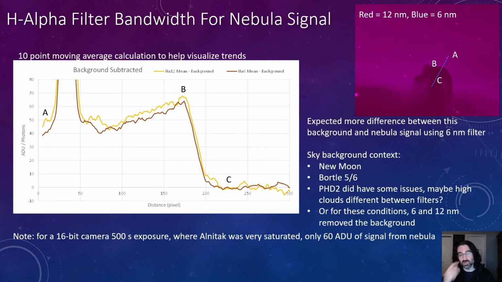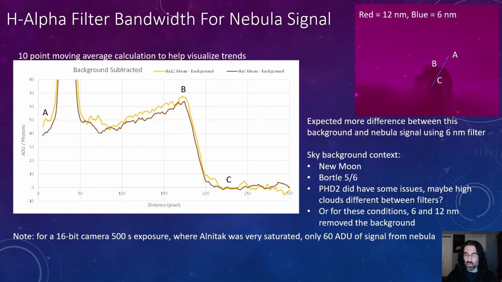And to that extent, we actually saw arguably more signal from our 12 nanometer filter. I was really surprised by this result and started thinking back, well, what could cause this? This is a case with the new moon, so there's not a lot of light pollution from the moon. However, I am in a Bortle 5 to 6 zone, so there should be a lot of light pollution that would influence these numbers. I did notice during some of the image acquisition some of the sounds from PHD indicating it was having trouble tracking a star on occasion,